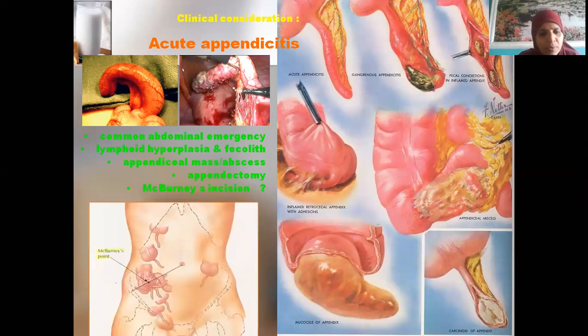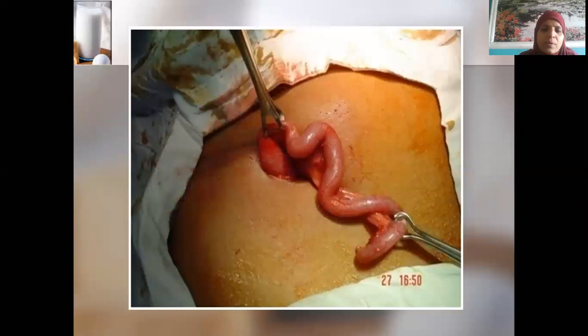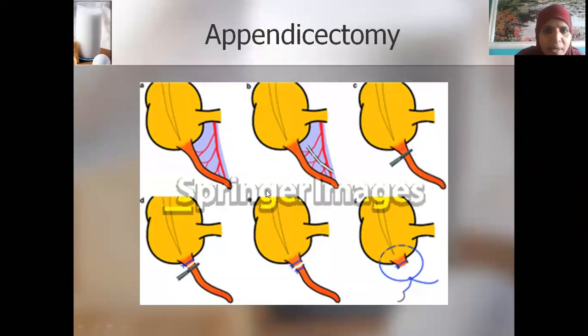It really matters. Okay? So I'm showing you different appendices. This is fecolith. Sometimes if you find the contents of the cecum leaking into the appendix, and if they form stones, then you call it fecolith. So this is how generally the appendix is exposed when you are doing a laparotomy. In a laparoscopic procedure, small hole, identify it, pull it out, ligate it, cut it, and remove it. So that surgery is appendicectomy. You just ligate it and cut and remove it.